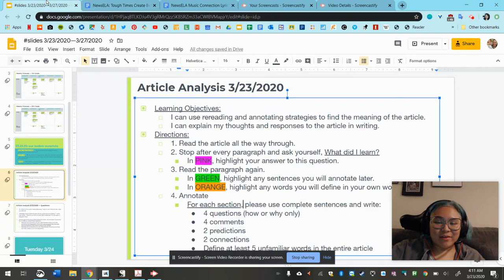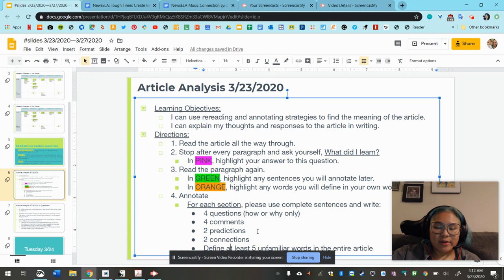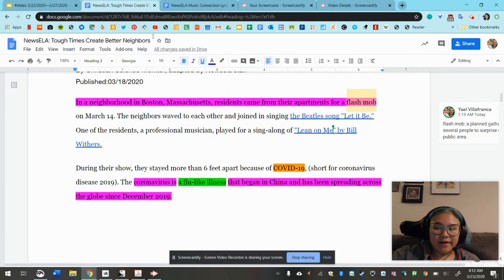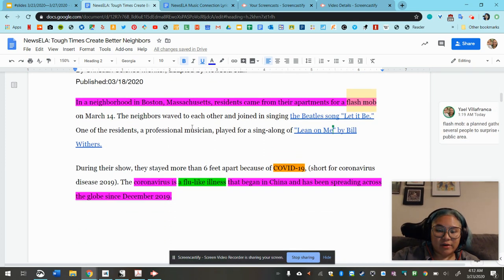All right, so I am here to give you an example of one of these annotations and how to define an unfamiliar word. So let's go here. So remember, you decide within the section what questions, comments, predictions, or connections you have. You are going to write directly on the article using Google Docs. So now that I've done my rereading step, which I did in the previous video, I know that I'm going to go back to this